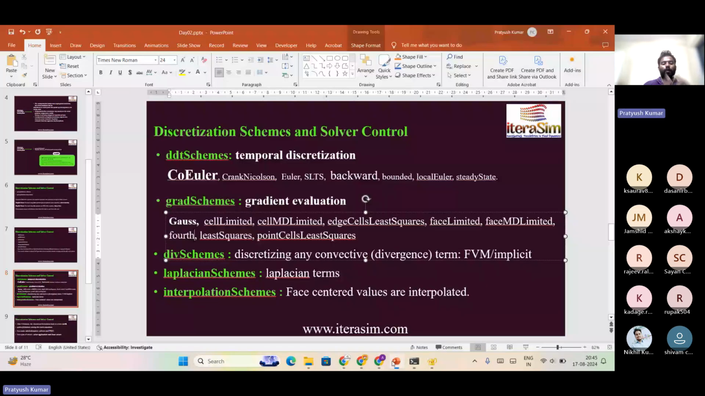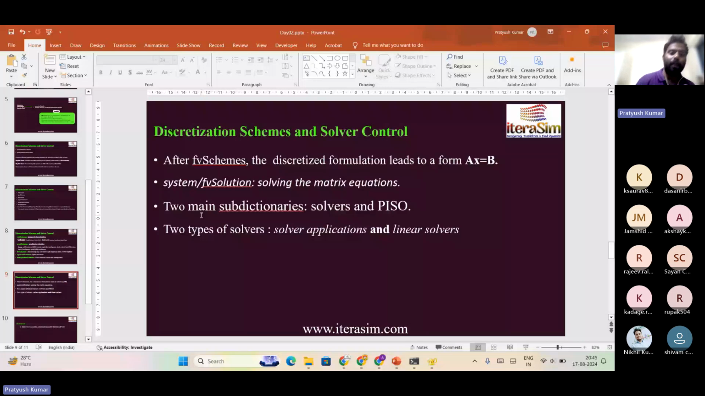Okay, so once you do the discretization, so we already know what the governing